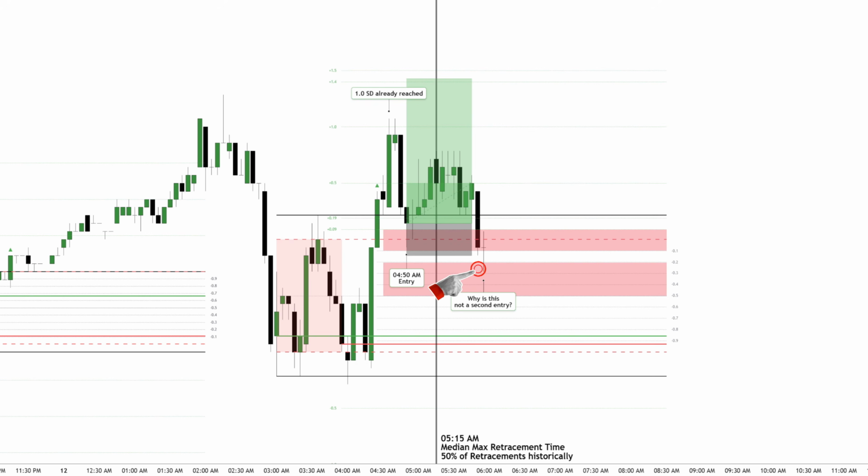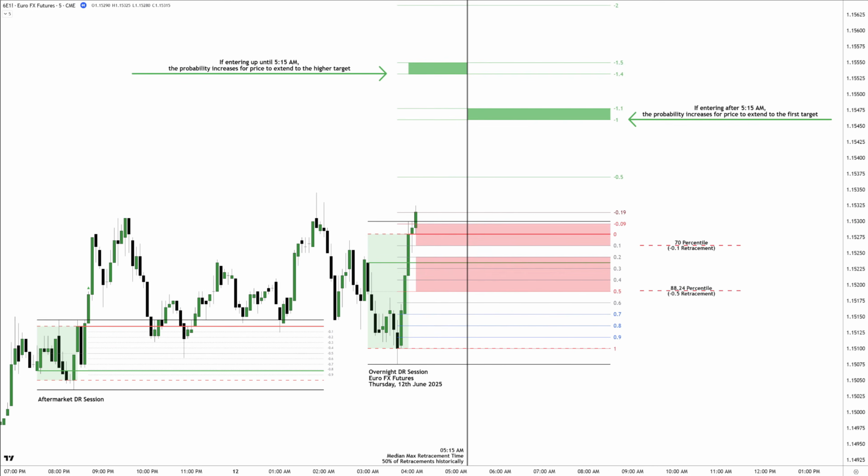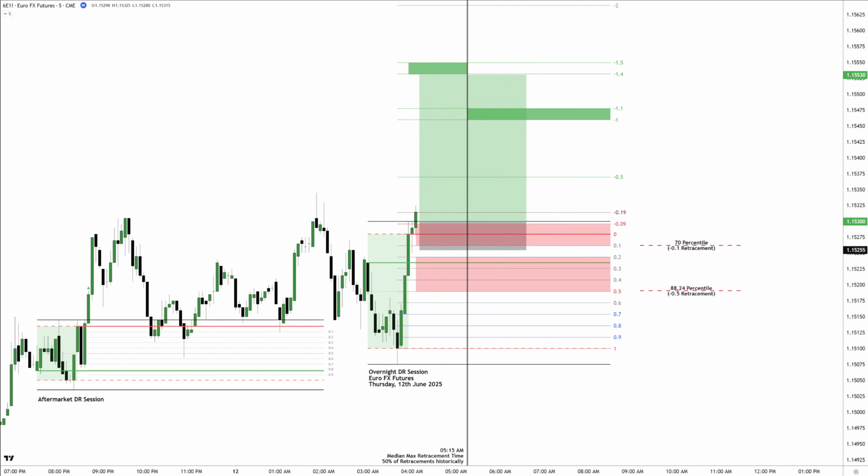Why is this not another entry? Because with entries after 5:15 a.m., you would target the 1 standard deviation level, and this has already been reached before. Critical detail here. Avoid that. And there you have it. Now you have a setup that you can repeatedly execute on whenever EuroFX futures confirms longs in Thursday's overnight session